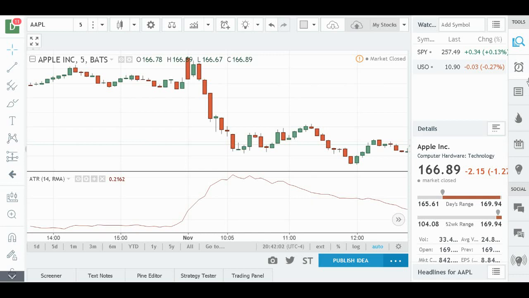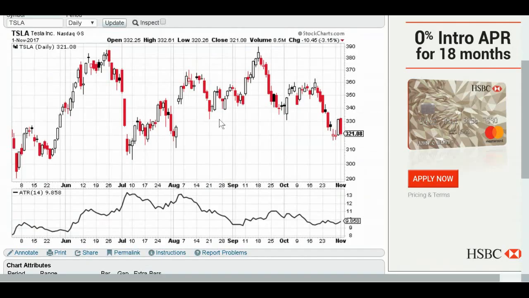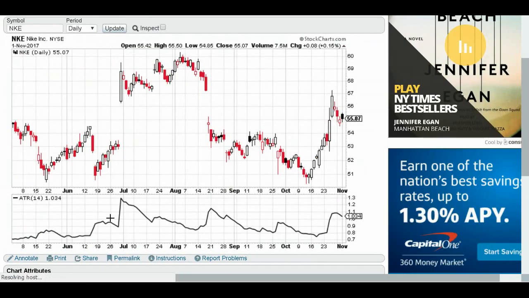All right, so that's what average true range does for me. I'm sure it has other uses, but this is the only use that I've found to be extremely reliable, because it is just a volatility indicator. Notice that it is not a directional indicator, because over here the average true range went up, but the stock went down. Over here the average true range went up, and the stock went up. So it's not a directional indicator. Please do not try to use it as that.